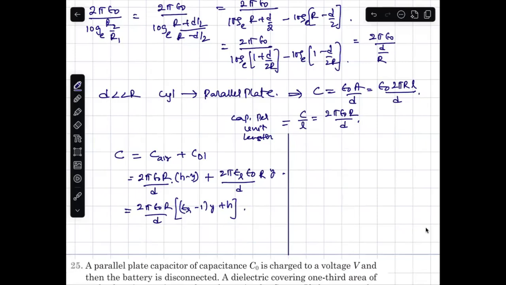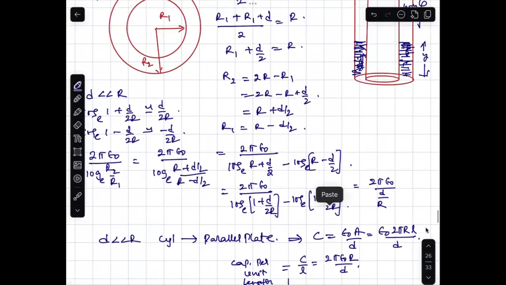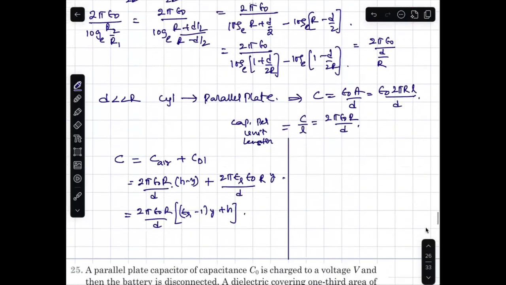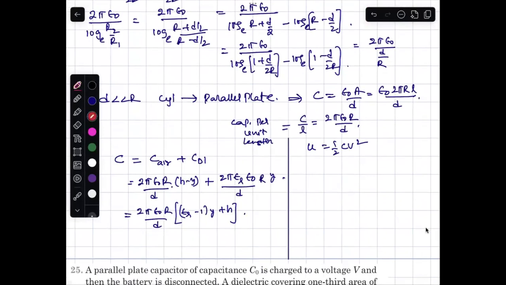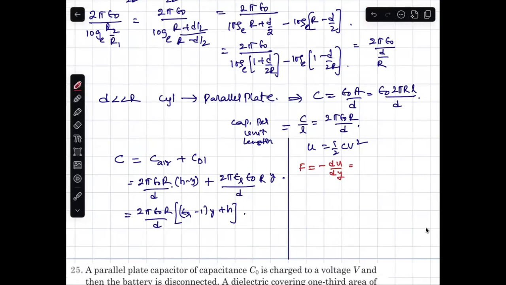By the way, what do I want again? See here, the battery is fixed. Battery is fixed, so constant potential difference. What is the expression for energy at constant potential? Half C V square. Now what is the force? Minus dU by dy, the same, because it is conservative. So here it is nothing but minus V square by 2 times dC by dy. So therefore this will become